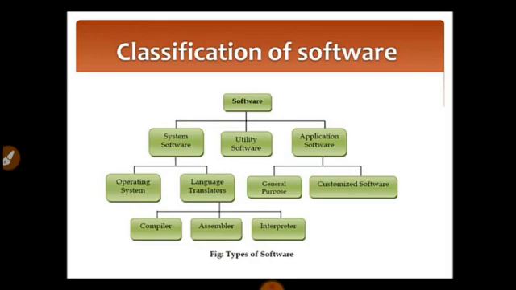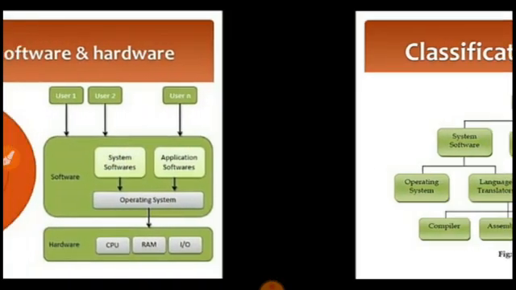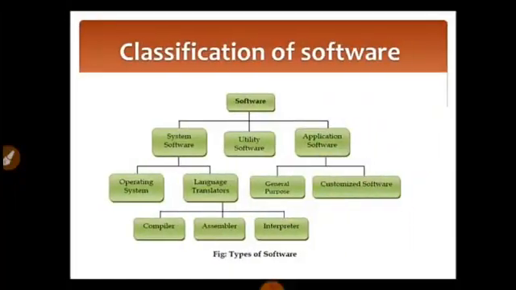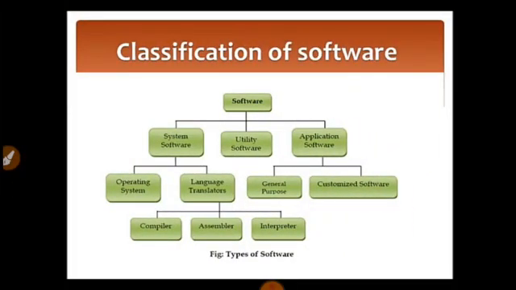So when we say system software, it is basically a collection of one or more programs which are designed to control the overall operation and performance of the computer system. It acts as an interface between the user and the computer. It's just a mediator who helps the user as well as the computer to understand what the user wants from it. That is the work done by system software.